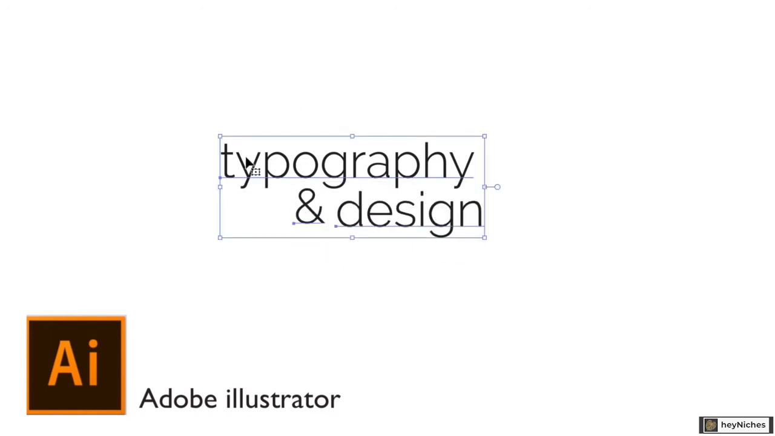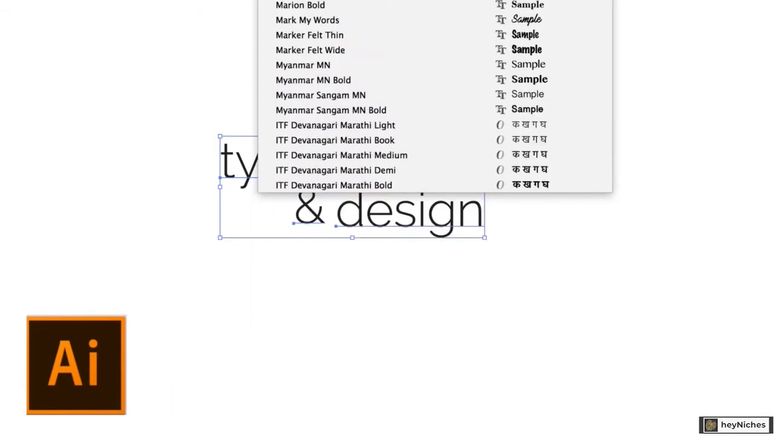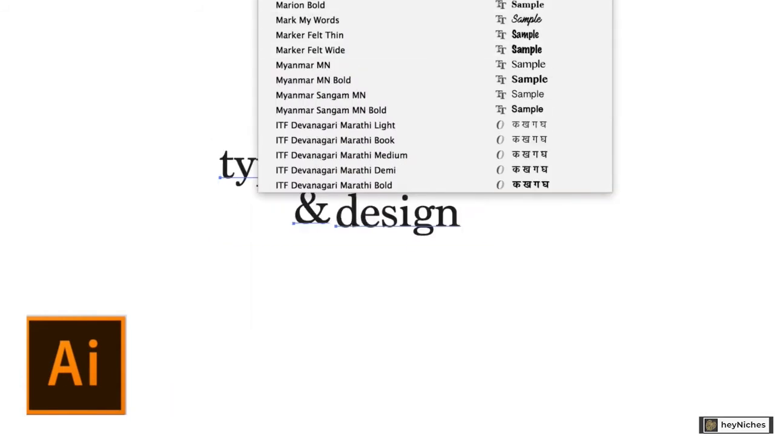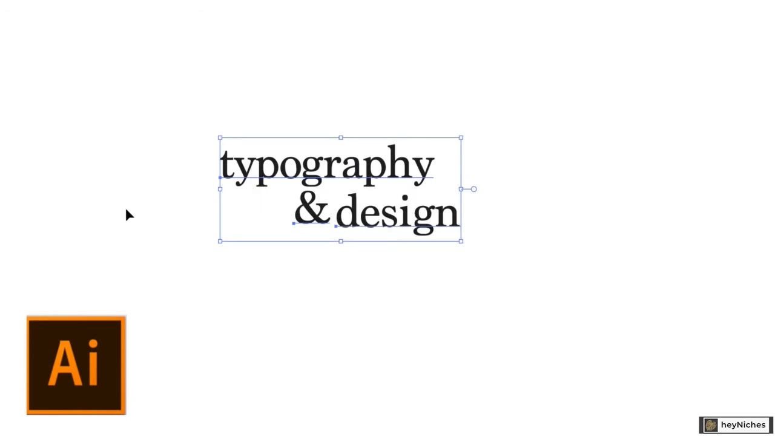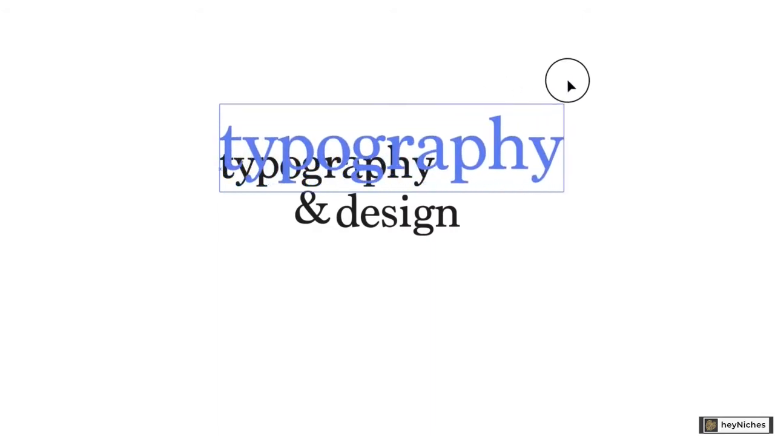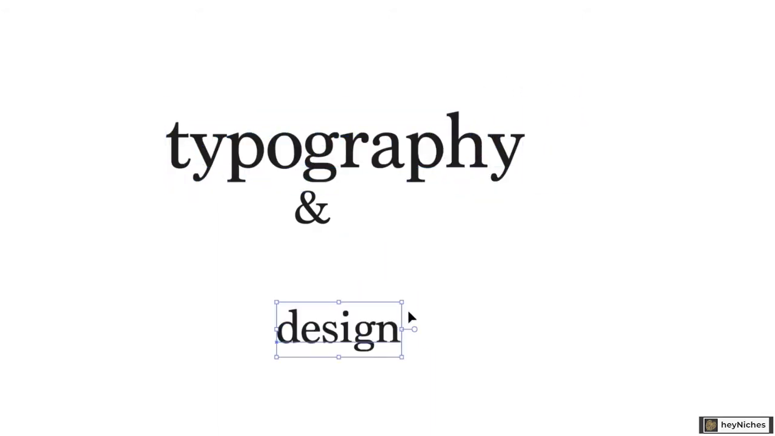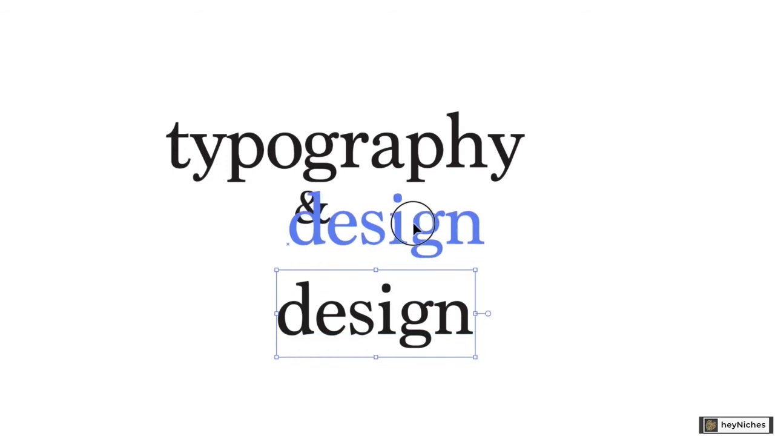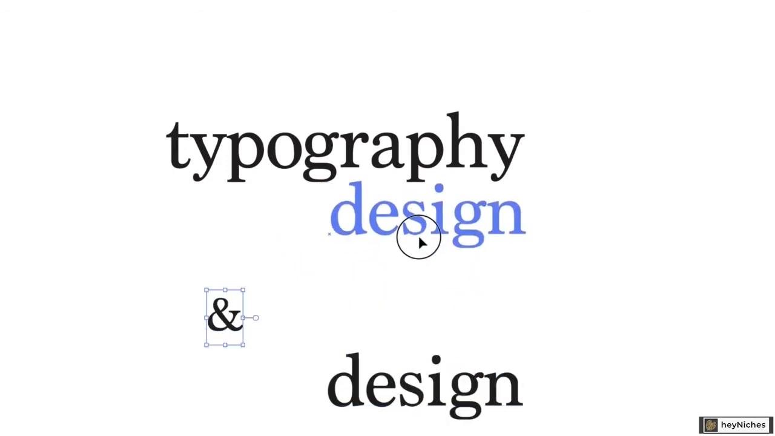So I have this kind of nice place to put the ampersand here, and I'm going to pick a font that I think really is going to work, and I think a serif font is going to work for this particular piece. So I'm going to have a little bit of balance with these three words. So I'm going to make certain ones bigger. I don't really want to emphasize the and as much, so I'm going to make typography and design a little